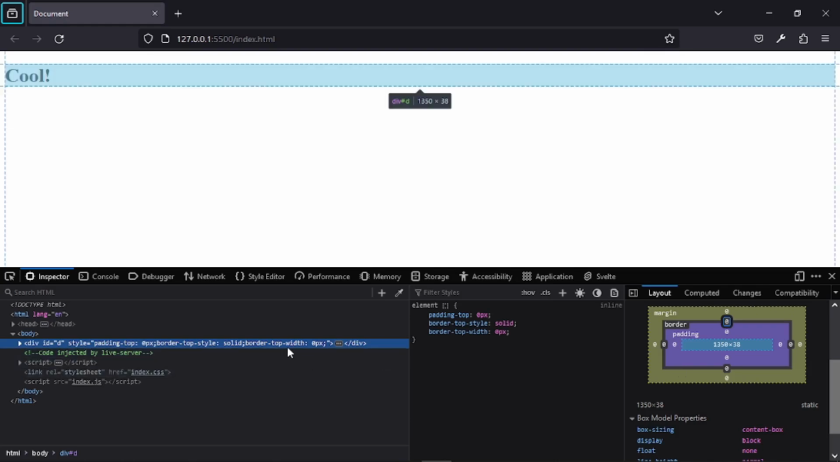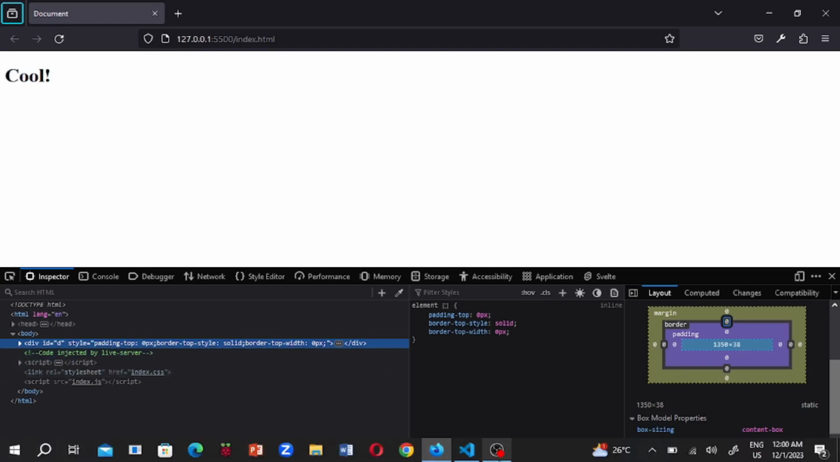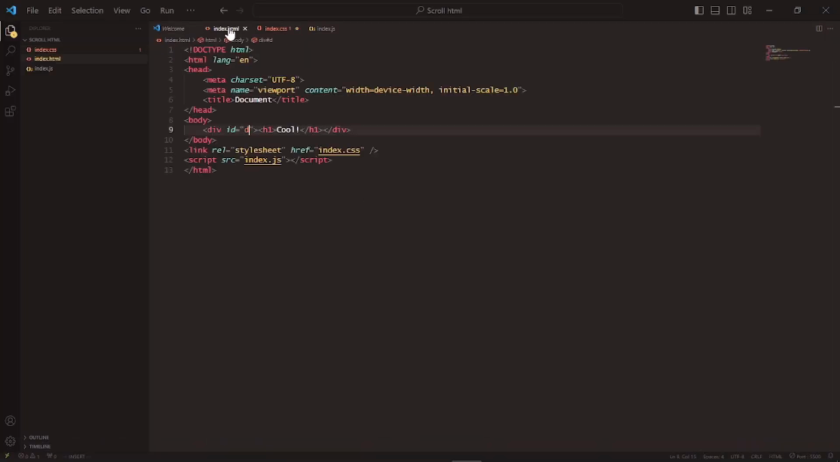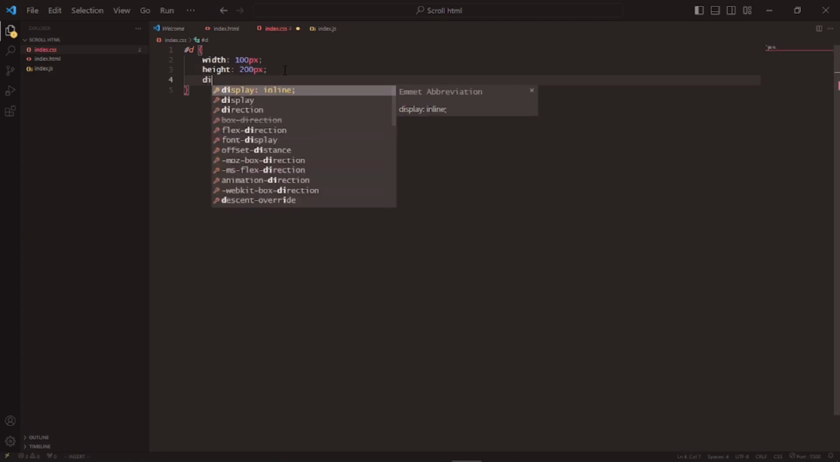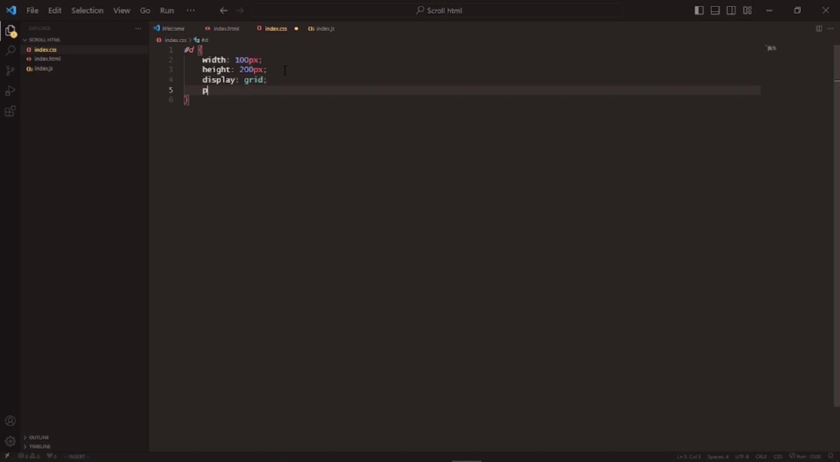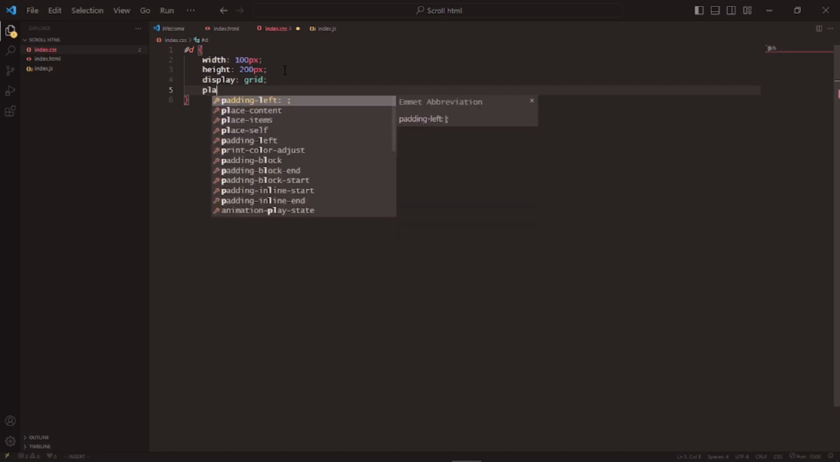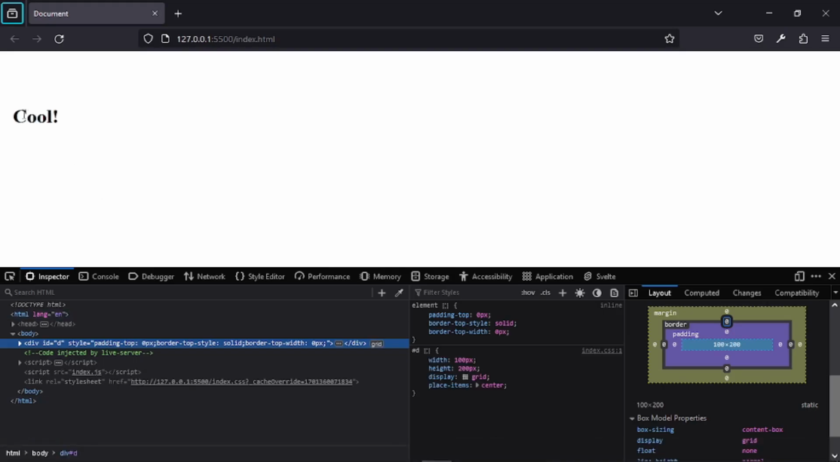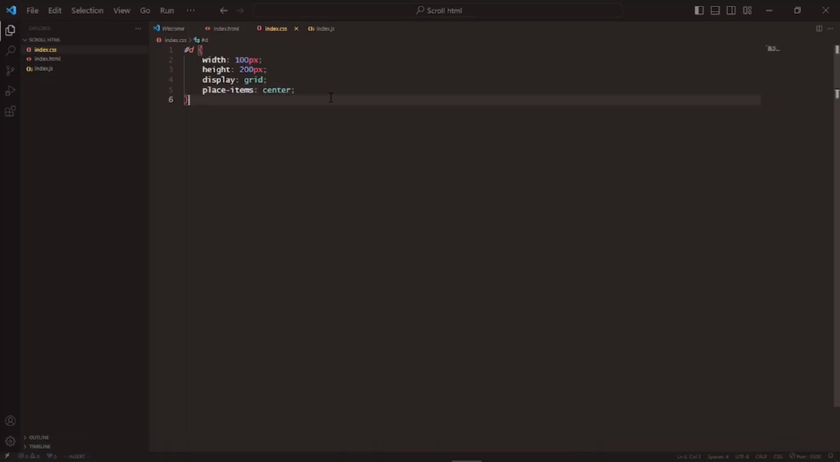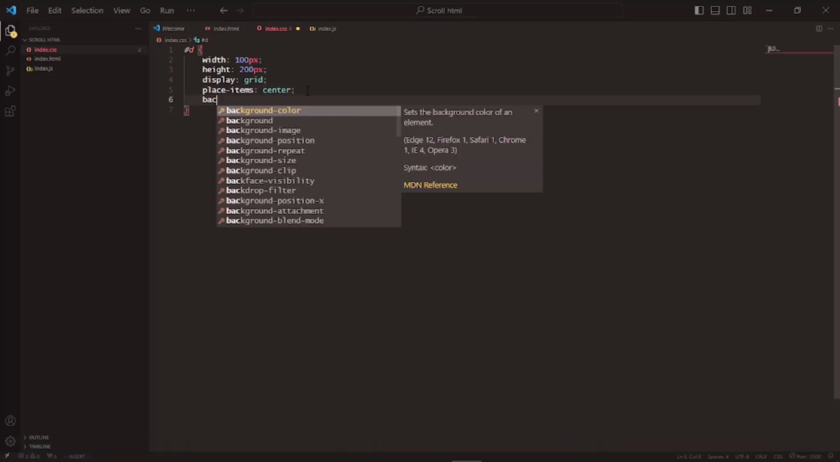So anyways, now what I am going to do is give this a display, a width and a height. I'll change this to display grid, and then I'll place the items to the center. This is a cool trick that allows you to center it. I also give it a background,